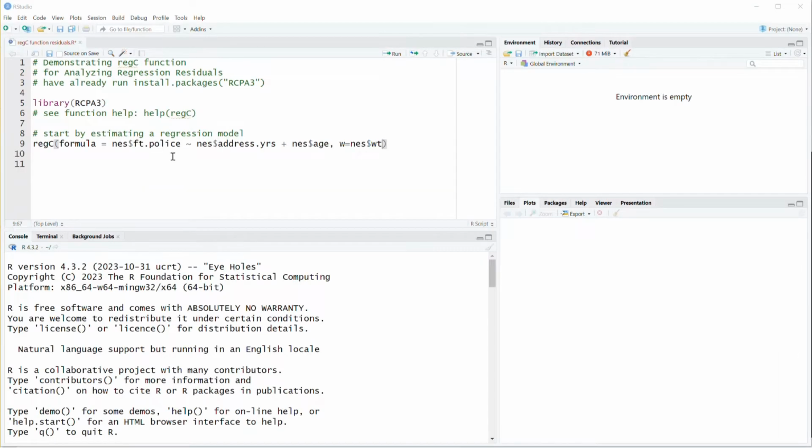Let's create some diagnostic plots of regression residuals with our regC function. I'm going to create the plots and show you what the function can do, and to keep the video short, not go into too much detail about what the plots are showing us or how we would interpret the residual diagnostic plots. I would recommend starting by executing the regC function to do the regression analysis and briefly looking